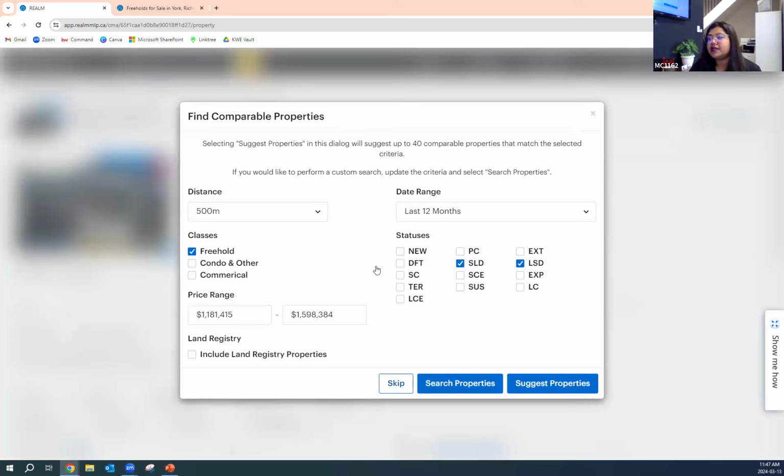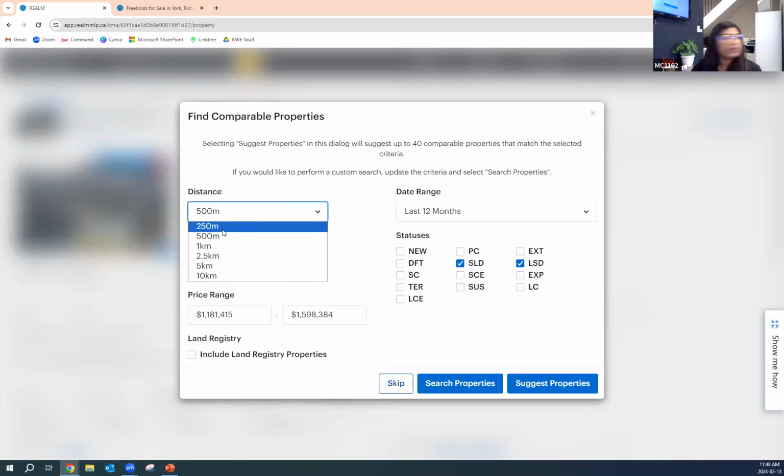So once you hit create, it will take you to this menu, and when you click on the drop down menu of the distance, it allows you to choose these distances. Yeah, the radius. Thank you. So I'm gonna go with 1 kilometer. They have the options of 500 meters and 250 meters because I think that makes more sense when you're doing a condo building and you just isolate that building. But most of the time when you're doing a CMA, you want to stick to the 1 kilometer radius,